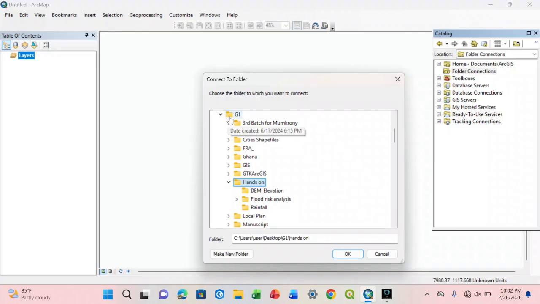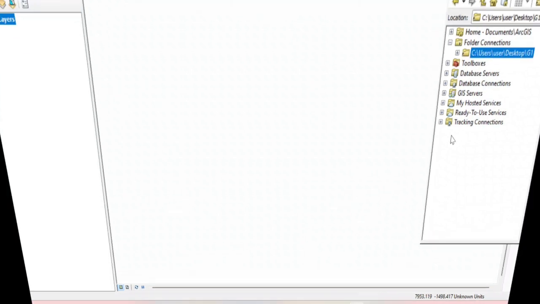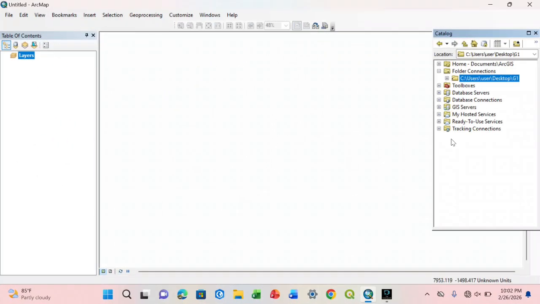But I want to connect all the G1. So I'll just select it. I have connected G1. So now G1 is not only on the desktop, it has been connected to ArcGIS, and I can work with that folder. Are you getting the logic? Yes. So that is it. So now we've gone through data view and layout view, and we've looked at how to connect a folder, and now we know how important the catalog is when it comes to mapping. Now let us look at